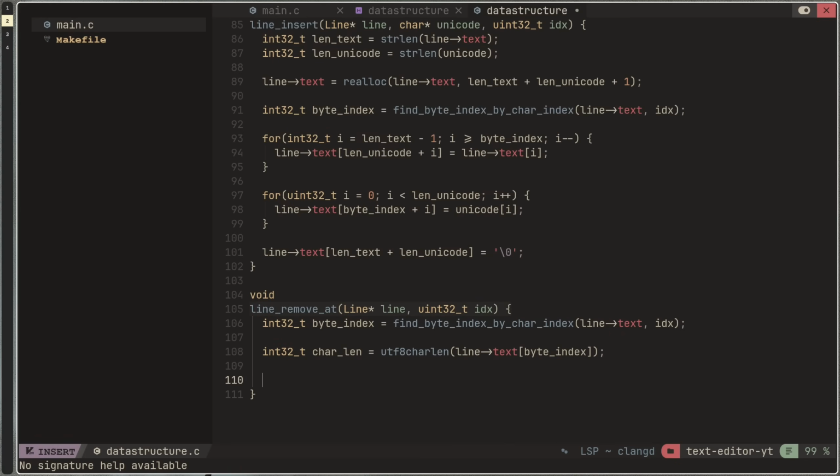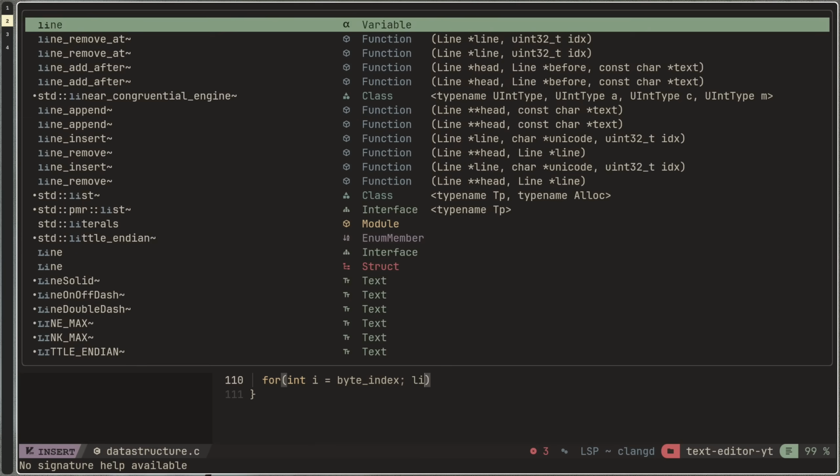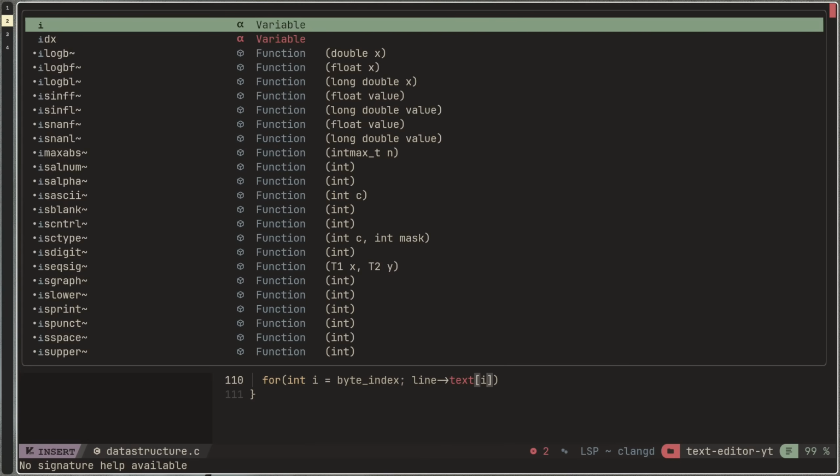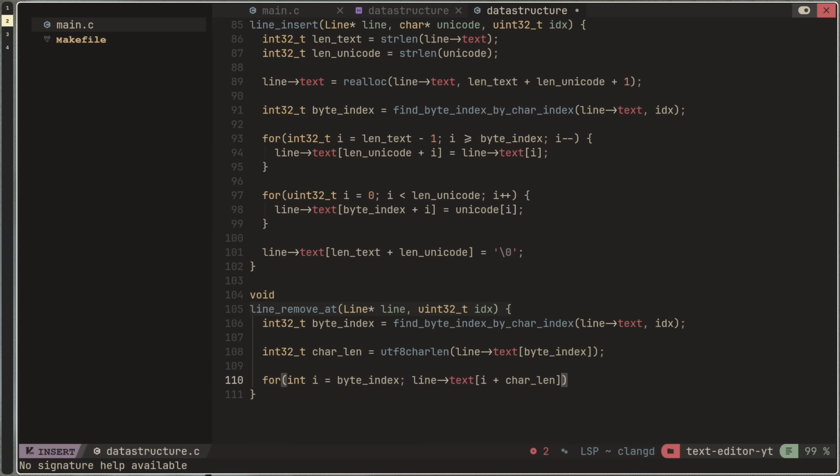And then, I mean, we can just do int i is equal to byte index. So that's where we start, and then we end when line text at i plus char len is not equal